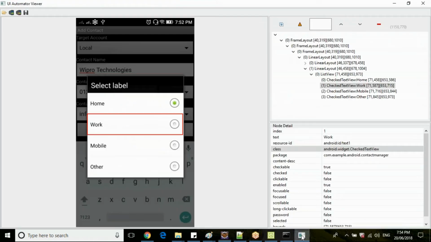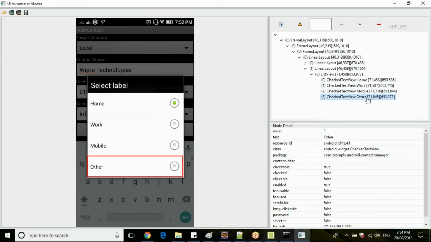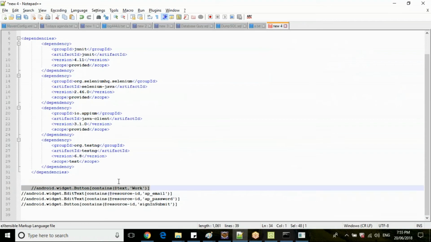So can we use ID? Definitely you can use ID, but there is ambiguity here. If you see here, these are check text view classes. The class is check text view. So the ID is text1 for all the 4 classes. Correct? See, the ID is not changing here. It's only text1. So your text is unique, so I am considering your text. This way, I can showcase how to write an XPath for a native element also. I just selected this text.